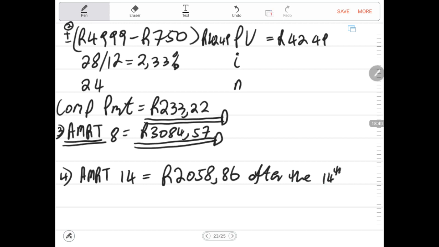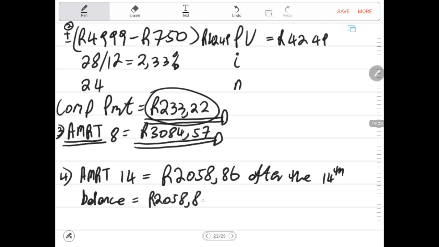And what do I want? I want the balance before the 14th payment was made. Remember, the 14th payment was 233. That means, in other words, we have the balance after the 14th payment was made. So what I'm looking for is the balance before the 14th payment was made. So now I need to say balance is equal to